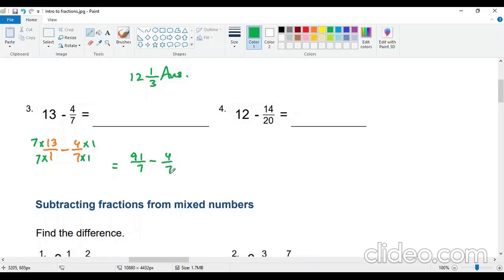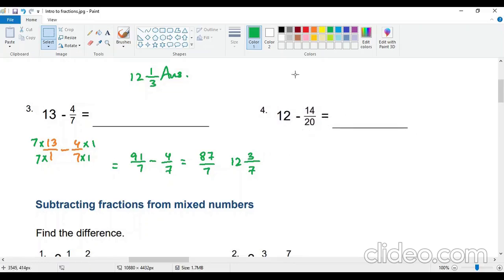91 minus 4 gives us 87 over 7, and 7 times 12 gives us 84, and 3 as a remainder. Moving on to the next part of this section,